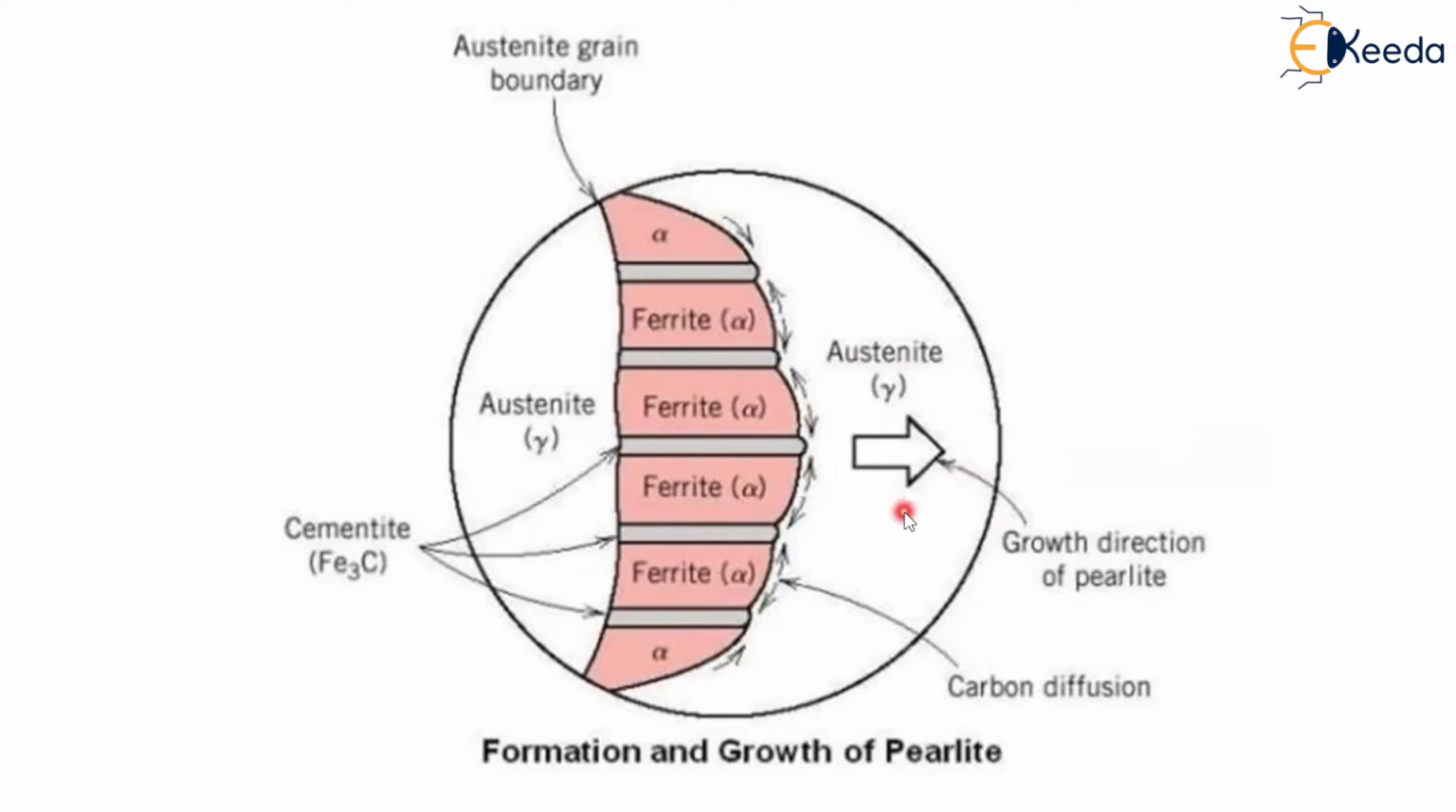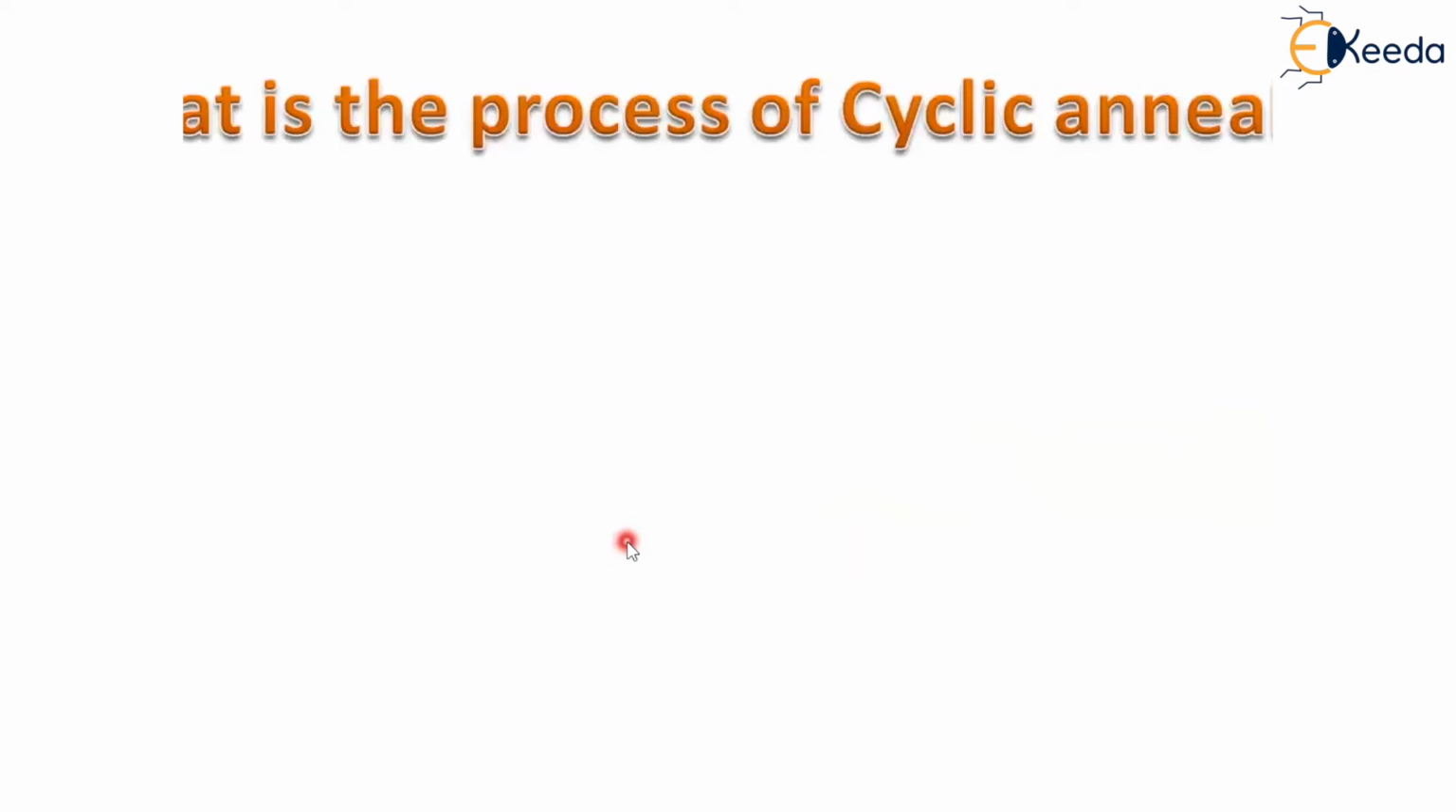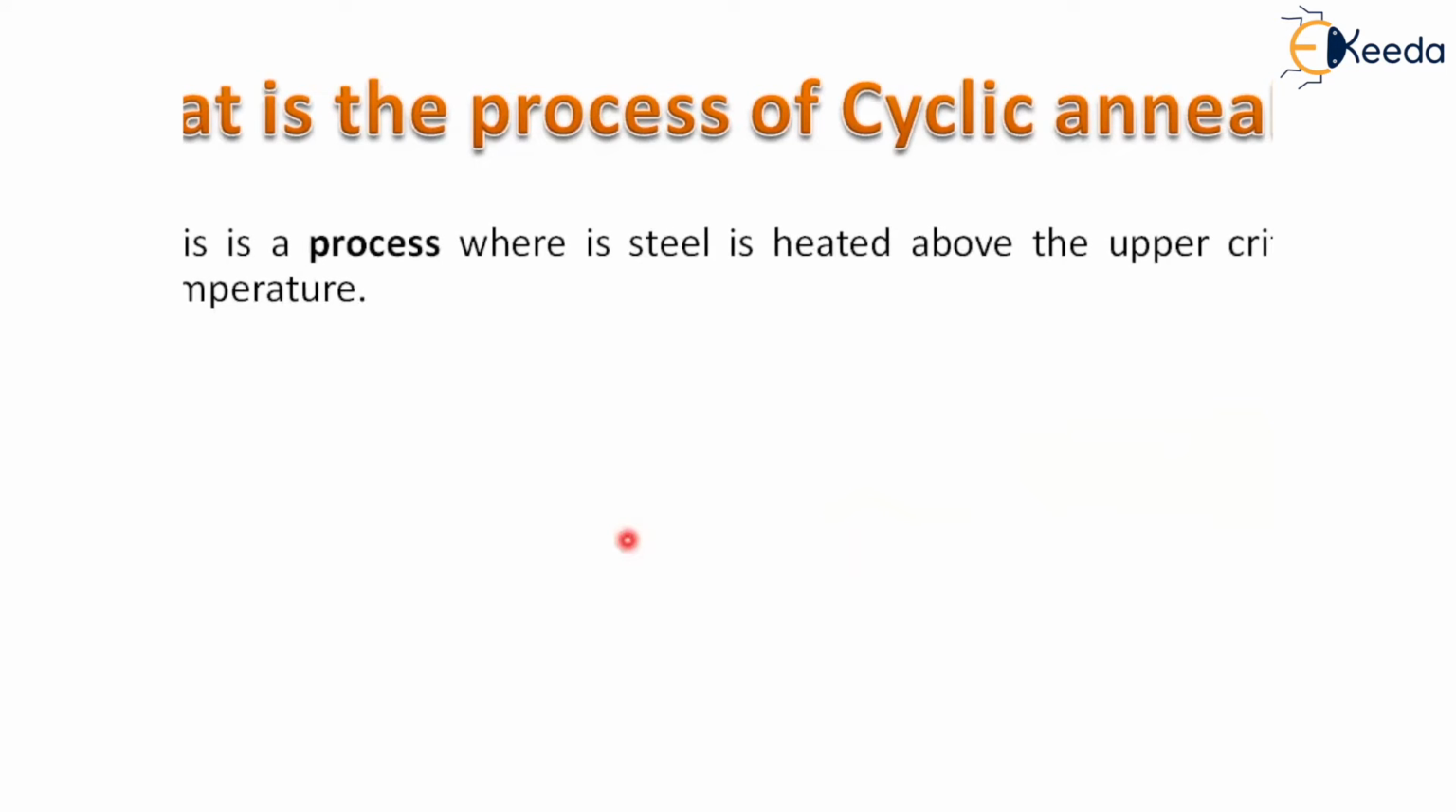So that's why we are saying that after this cyclic heat treatment is completed, the pearlite is going to form in a uniform direction and be uniformly distributed. And what is this process exactly? We can say in brief, if you want to say in brief, of a cyclic annealing process,